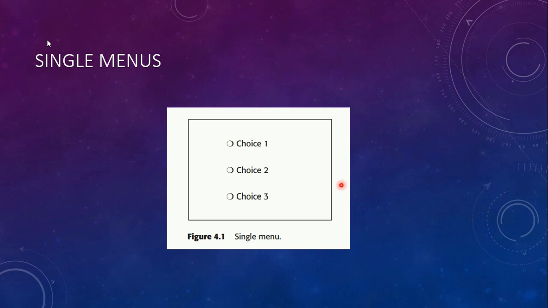For example, if you are using your mobile and you are playing a game, you are presented with options to choose one. Maybe choice one is new player, or intermediate player, and then you may have expert player. Three options it may give, and you may choose one out of it. This is how you may be presented with a single menu.